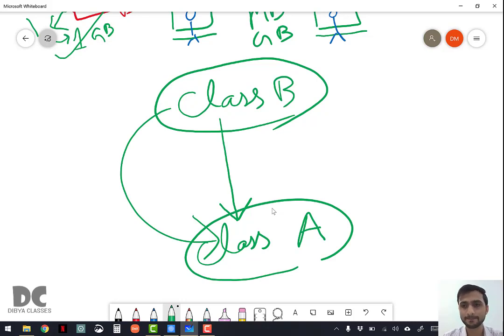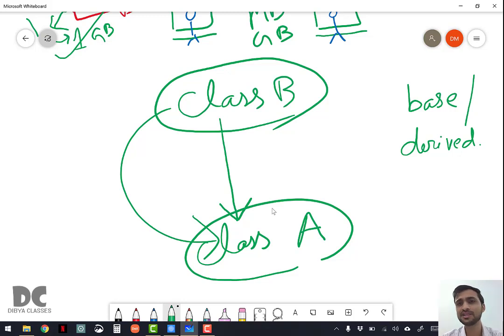Here comes the concept of base class and derived class. Okay, out of A and B, one is base class, one is derived class. Can you guess which one? Okay, B is the base class and A is the derived class.